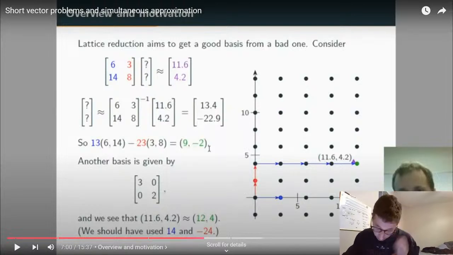And then we need 14, so it should be a 7. And then 8. We should get 4 here. So this right here is our unimodular matrix. So we just found that our unimodular matrix is in fact